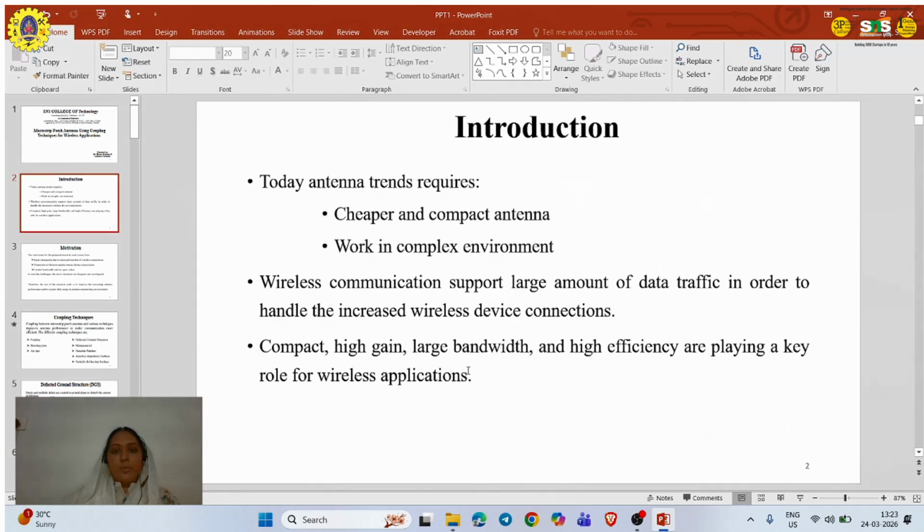So why do we need it? Today, antennas are required to be cheap and compact. When we make it compact, it can fit into any device, like IoT devices and so on. But it has to work in a complex environment. Wireless communication supports large amounts of data traffic in order to handle the increased number of wireless devices. So we always focus on compact size, high gain, large bandwidth and high efficiency, which play the major roles for